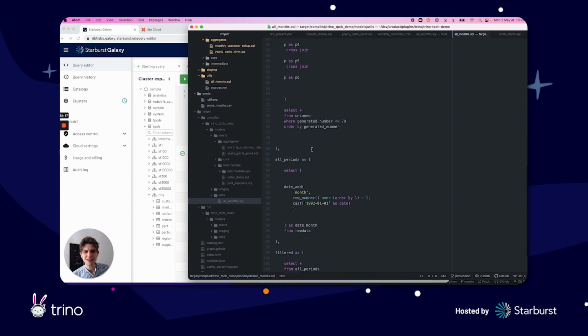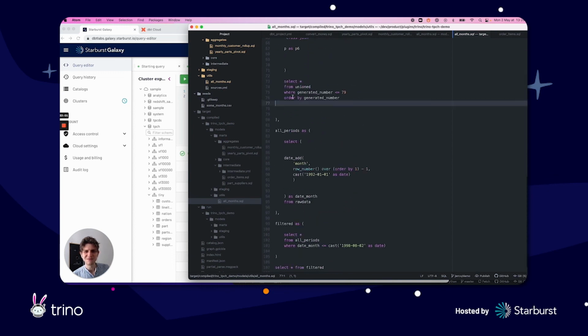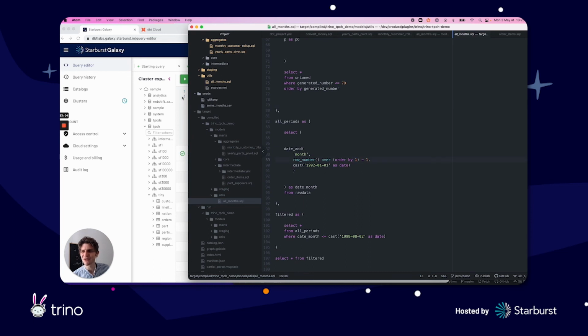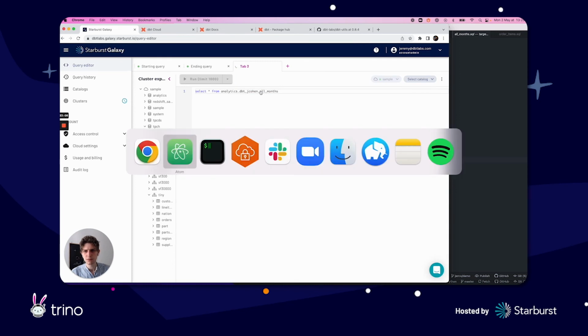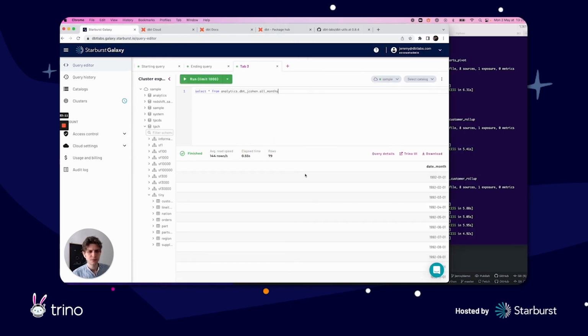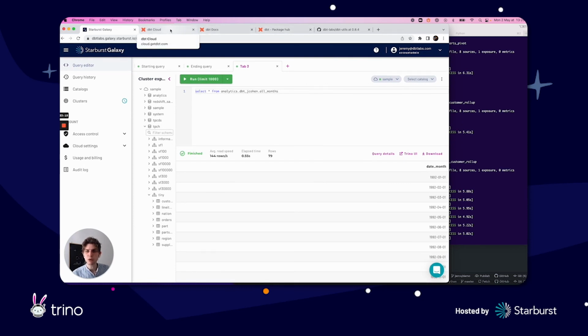It looks a little like this. Cross joins, weird filters in a way that I don't totally understand. And yet what we end up with is one row per month for every month between those two dates. The really cool thing about this macro is it's actually written so that it works on all databases, at least